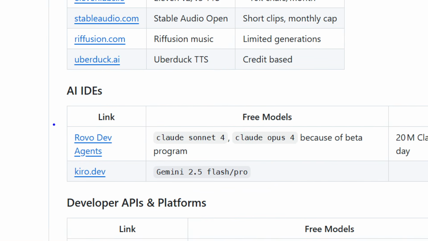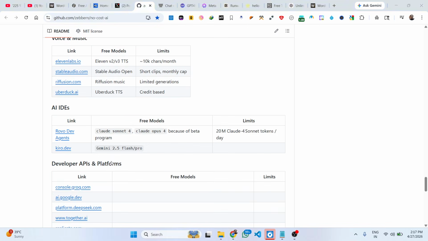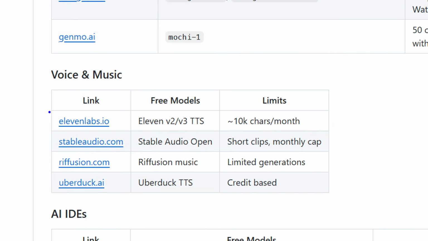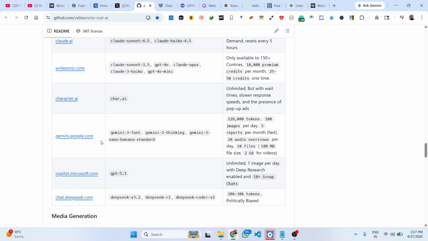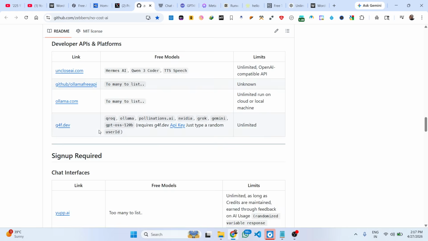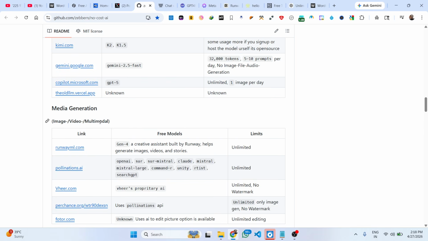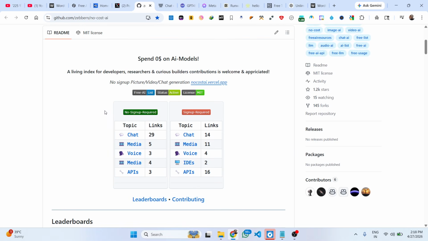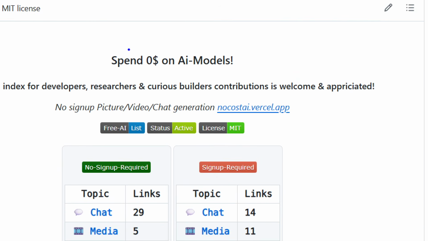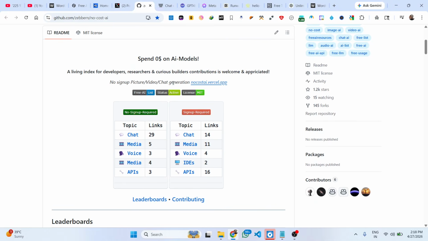I have given the link in the description. So you can see voice and music, media generation. We have also sign up required AI. It's a full list. So you can see $0 spent on AI models. It's completely free